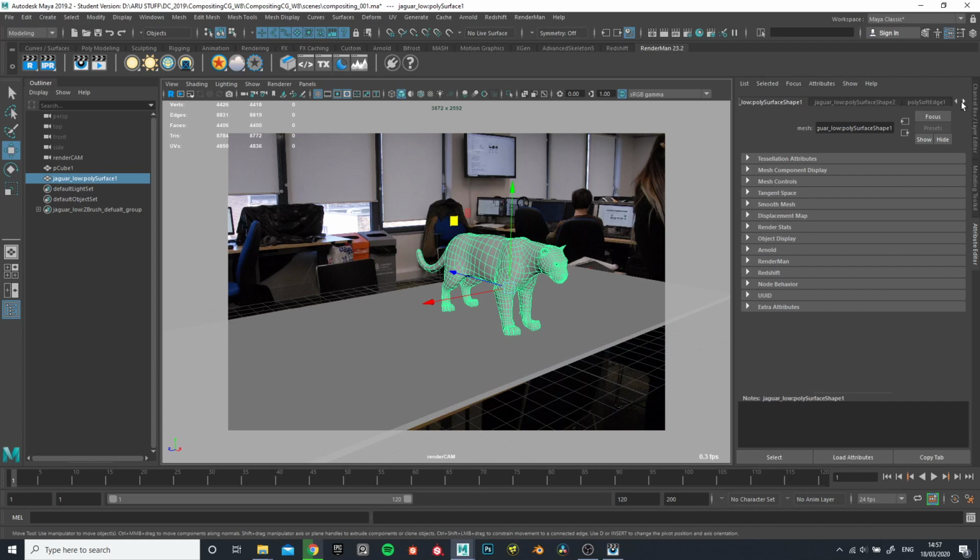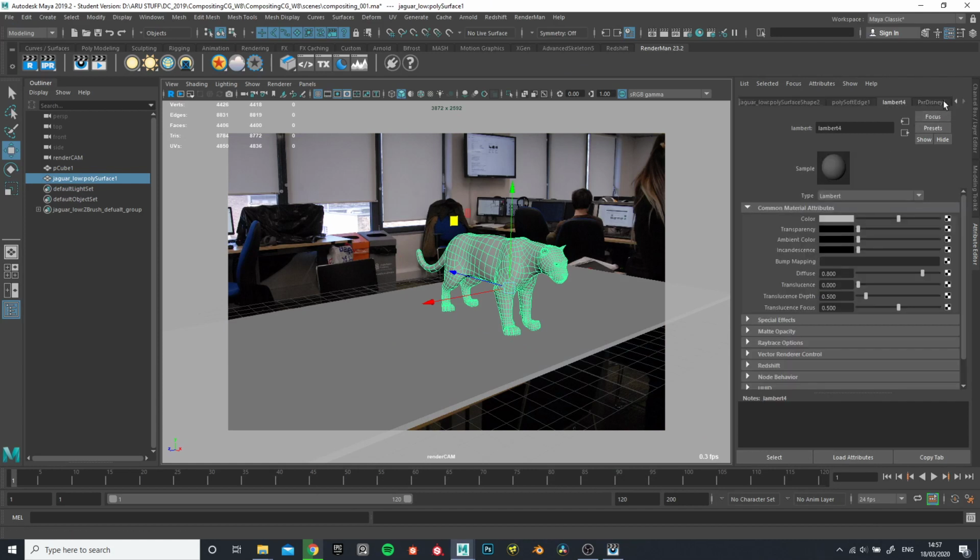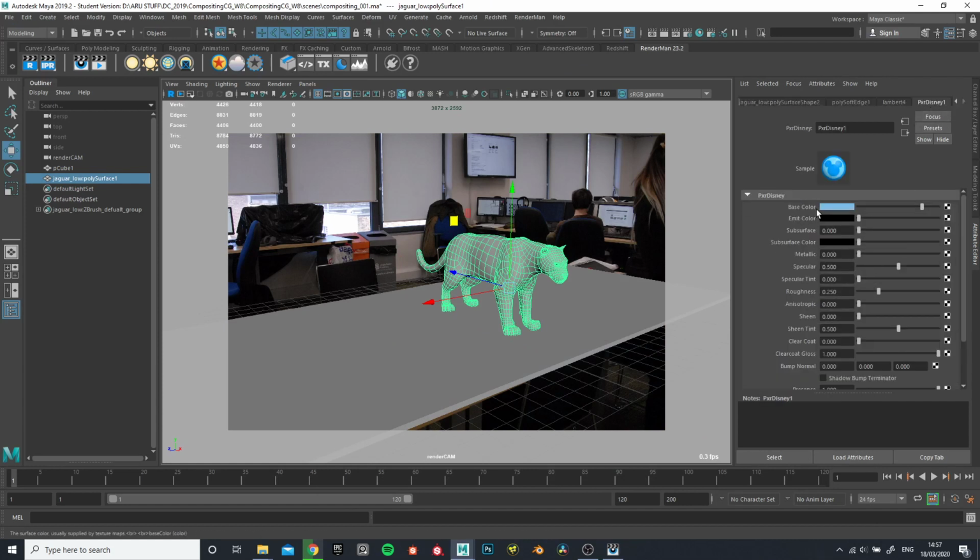So if we hit render, now you should see that that's the pixel surface shader, like the PxrDisney material. Here you can see that's the default color there, but you will start seeing things here that are quite typical for you. For example, the base color: you change the color and it appears here. The emit color, if you want to have an emission map, you can connect it here. Subsurface, if you put this all the way to 1 and we hit render,